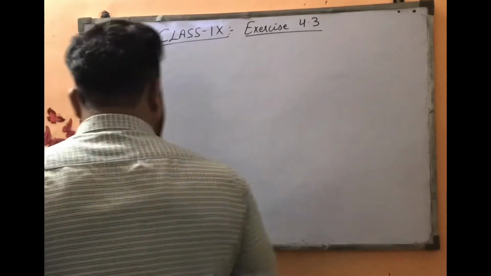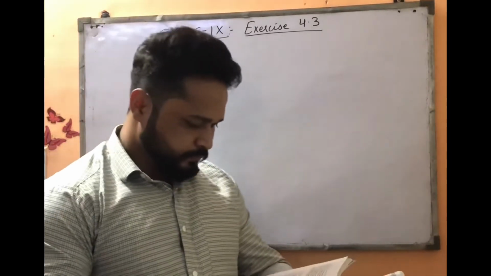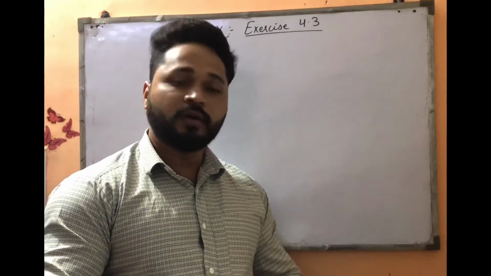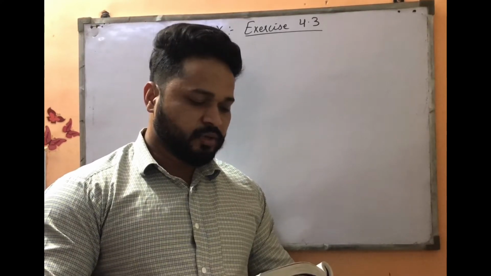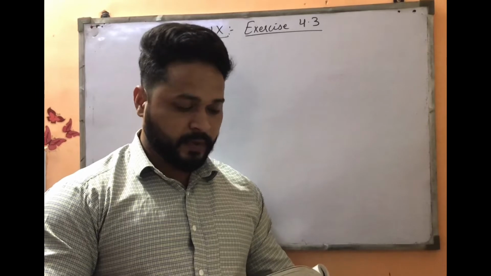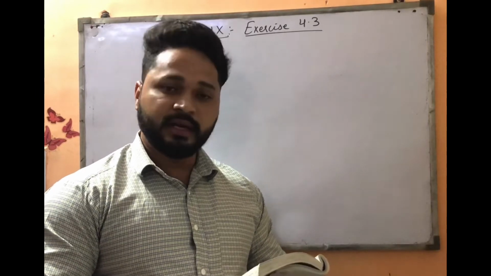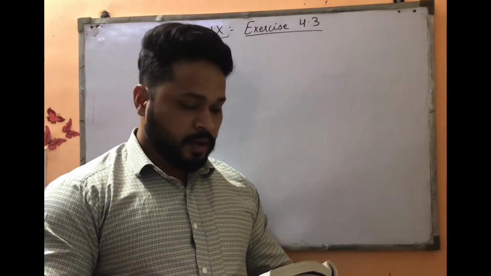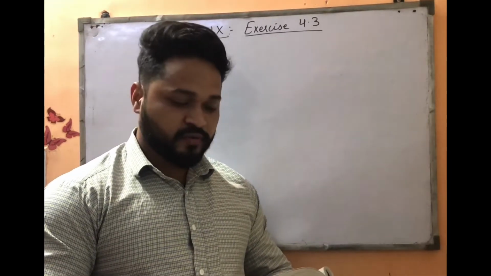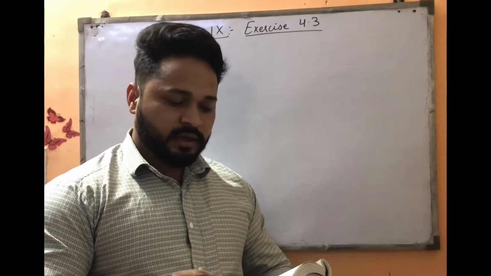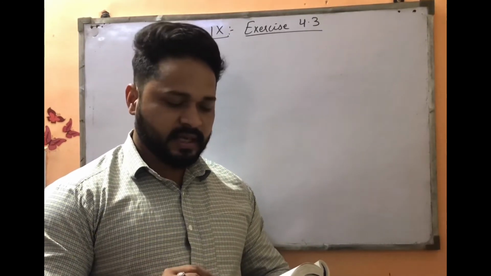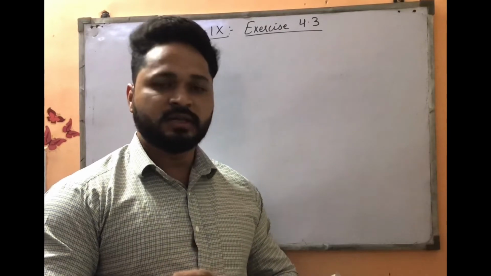Now, in question number 6, it says if the work done by a body on application of a constant force is directly proportional to the distance traveled by the body, express this in the form of a linear equation in two variables and draw the graph of the same by taking the constant force equal to 5 units. Also read the graph, the work done when the distance traveled by the body is 2 units and 0 units.